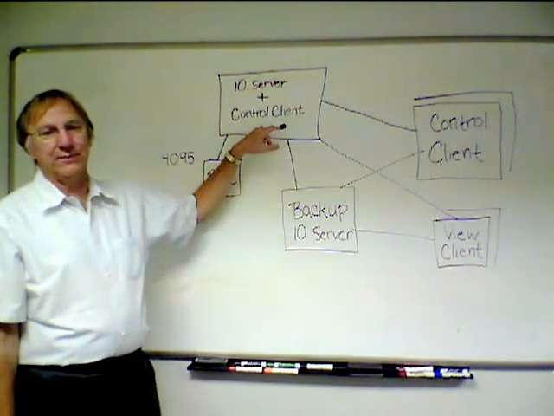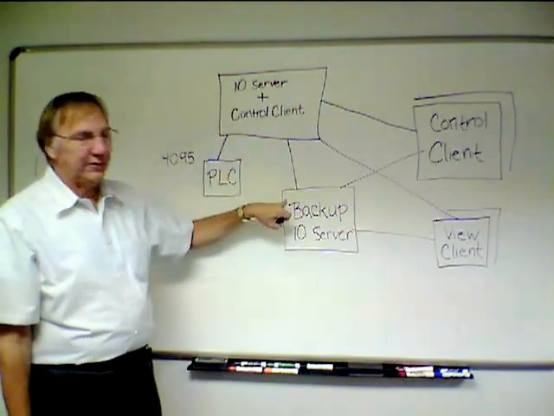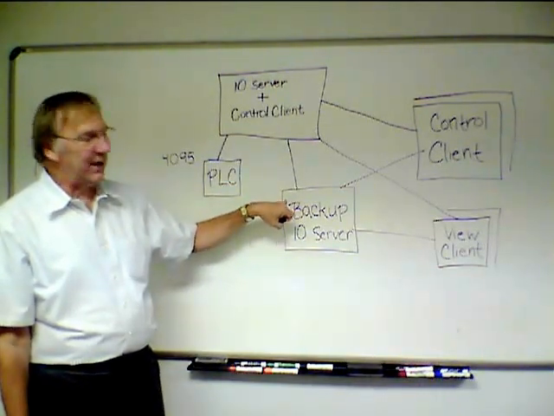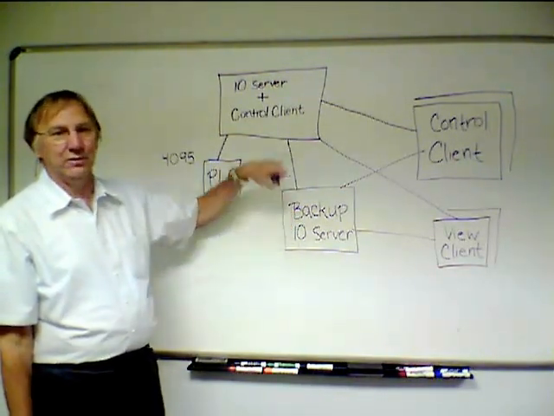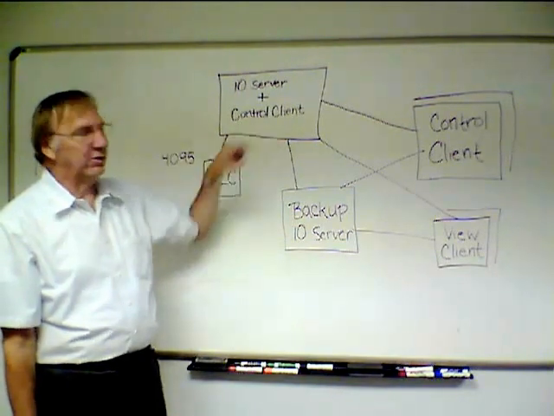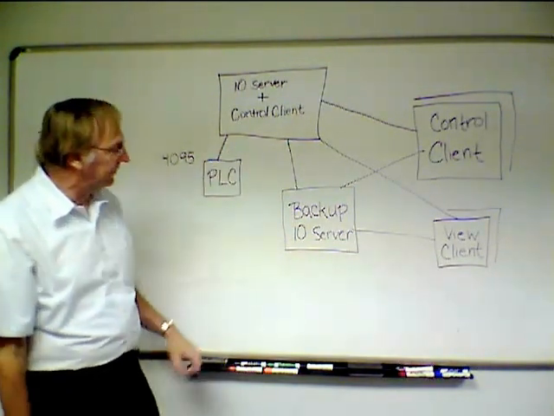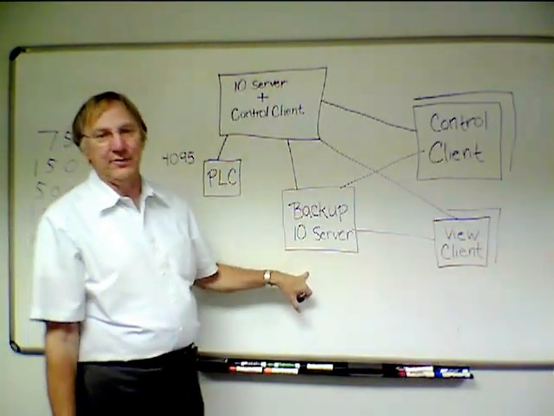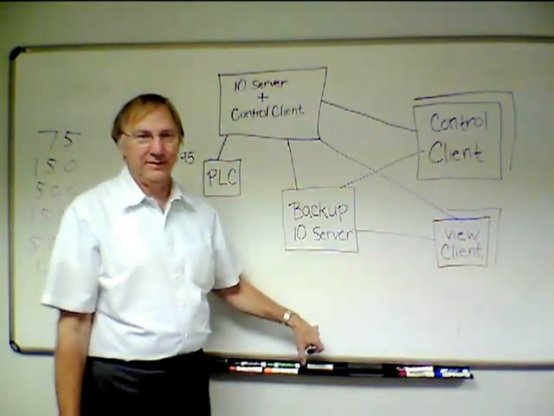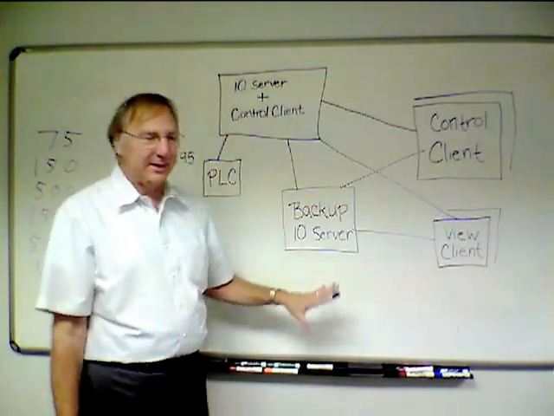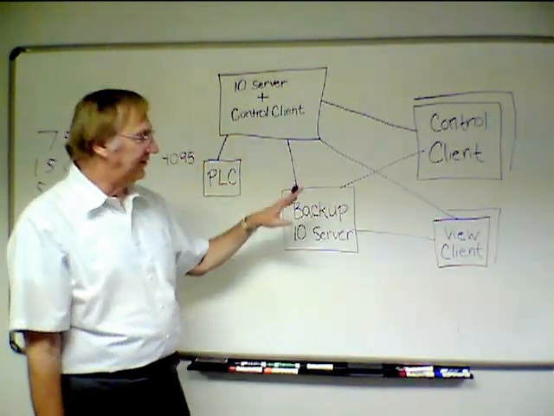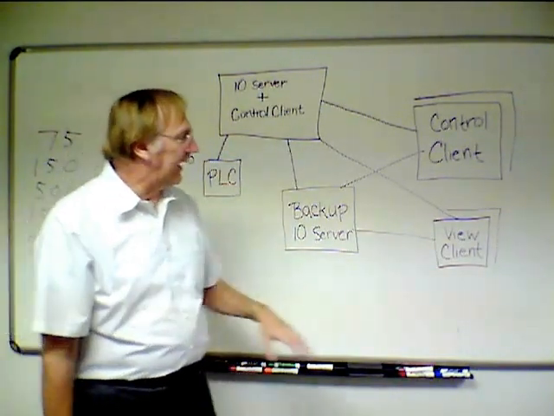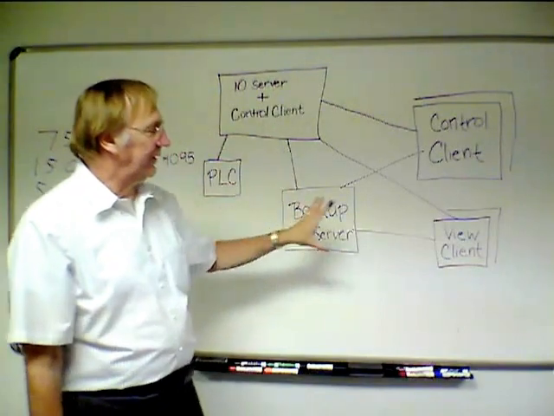When the I/O server comes back online, it'll knock on the backup server and say, hey, what's going on? I've been offline for a while. The backup server will backfill its information so the I/O server is up and running. Now, with version 7.1, if you wanted to, you can add a third, a fourth, a fifth, a 10th, a 20th. You can add as many backup engines as you need. Obviously, any system more than 2 or 3 would be unusual. And so that's the overall control strategy of Cytec.